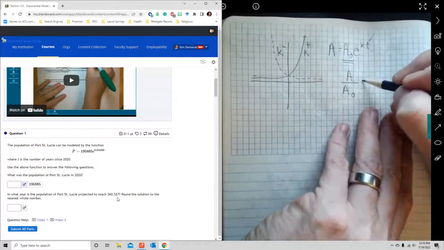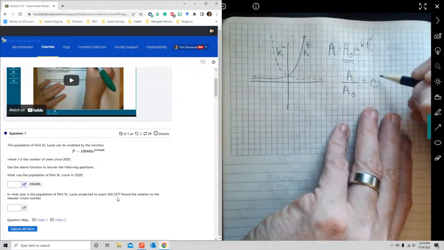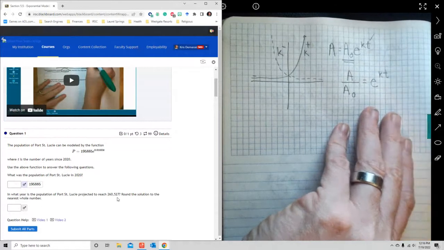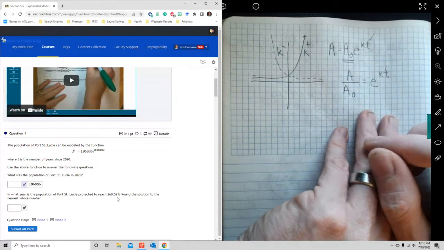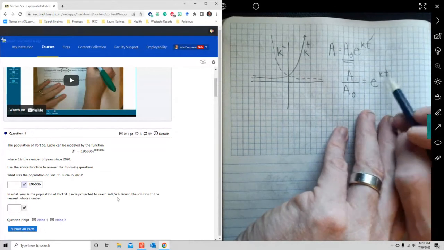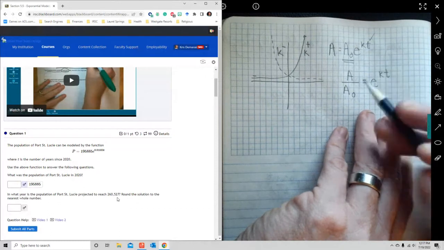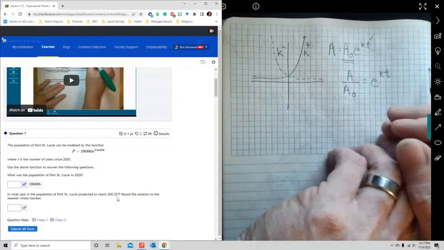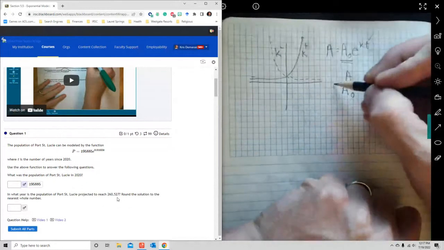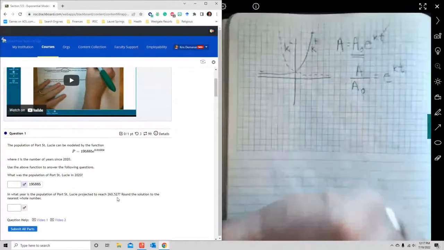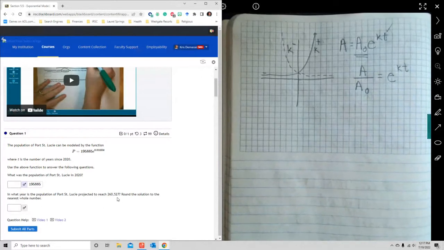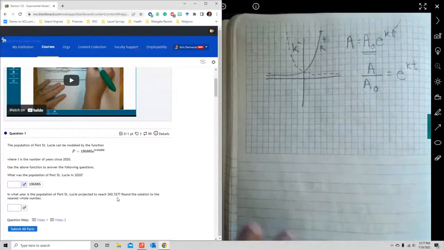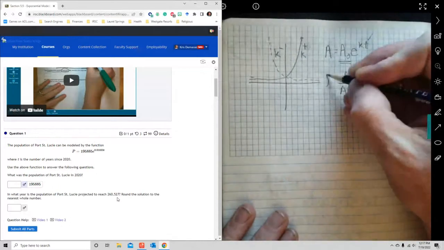And then when we have that, we have e raised to the kt power. Now, in past lessons, we talked about how to control exponential power involving this component. And we can control it by the power rule that's associated with logarithms. All right. So what we could do is, because e is what's being used, is we could think of ln, because remember, ln is log base e. So if we ln both sides,